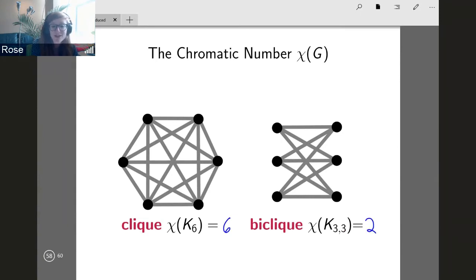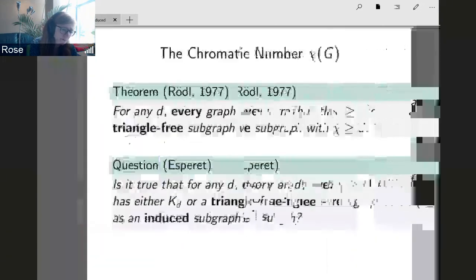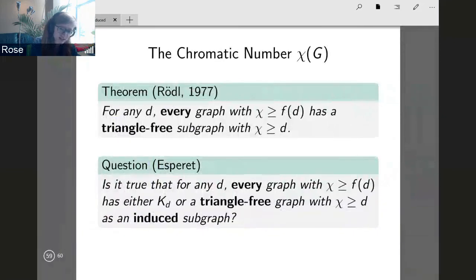So what I'm pointing out here is that while we said that we won if we found big bicliques before because they have high average degree, for the chromatic number problems, we don't actually win if we find big bicliques because the chromatic number is still small. But we can't even do the first case for induced subgraphs.